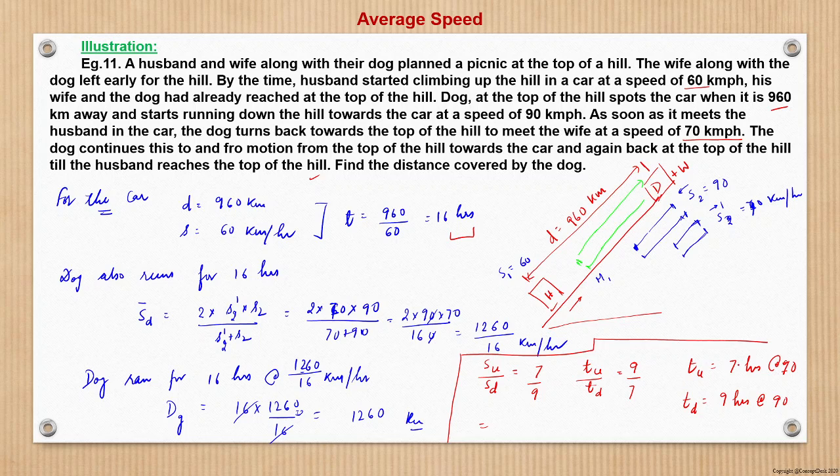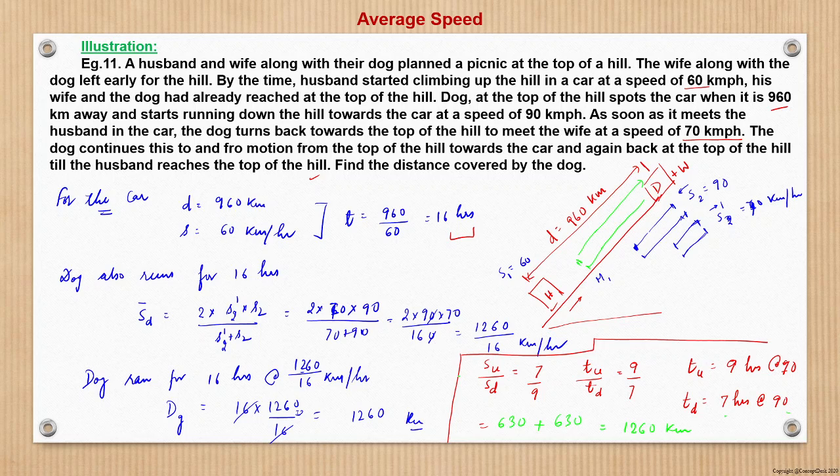So here the time upward is 9 hours at a speed of 70 kilometer per hour, right? And downward here it will be 7 hours at a speed of 90 kilometer per hour. So total distance will be what? 9 into 70, which is 630, plus 7 into 90, which is again 630, which sums to 1260